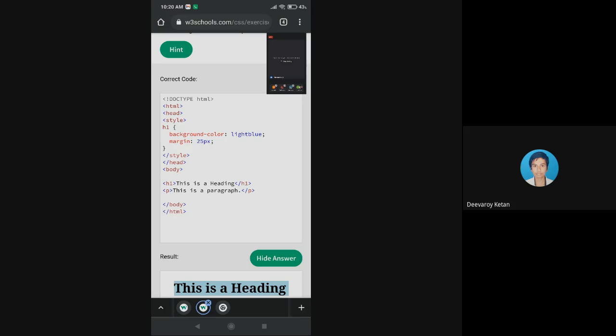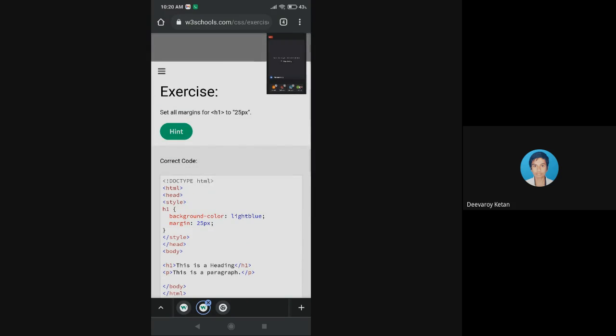Under that you again have a block of white color where you find the code we are trying to modify. Again, if you scroll down, you can see there is one more white background with the exercise set, and I got the box as a hint. So what is happening?